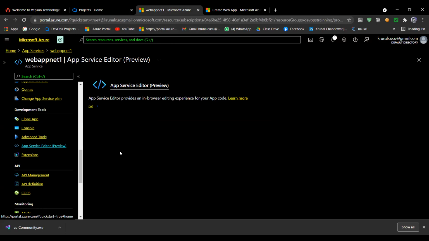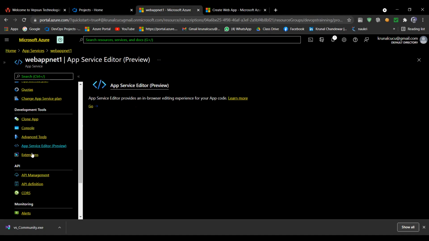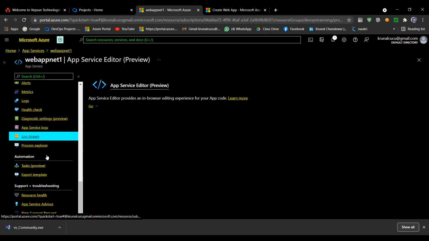We are doing a lot of work here, and this is a platform as a service. Azure has all the assets, but with the help of Kudu we can install or do a lot of things. But this is a platform as a service, so initially only Azure has control over this. Okay, so we discussed all these tools.